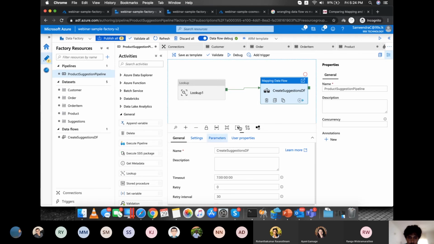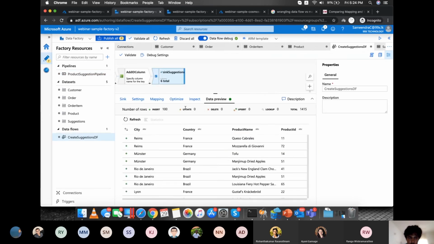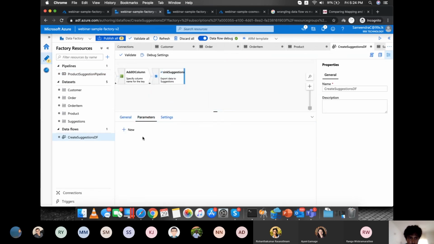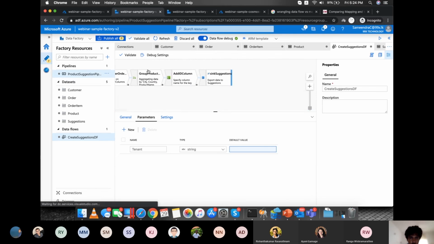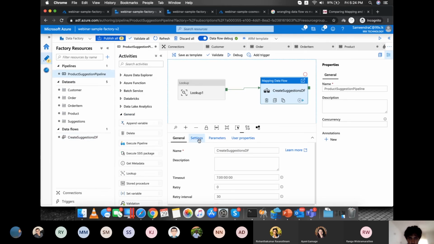Let me just quickly create a parameter in this as well, so that you know that you can actually pass data. So you add here, let's say we deal with multi-tenancy. So here you do the same thing for every tenant in your system. So we'll call it the tenant, and you don't have to have a default value. So if you go back to this and you click on the